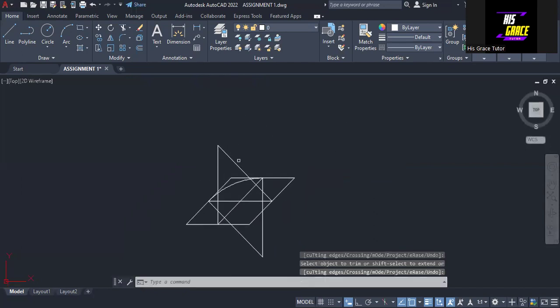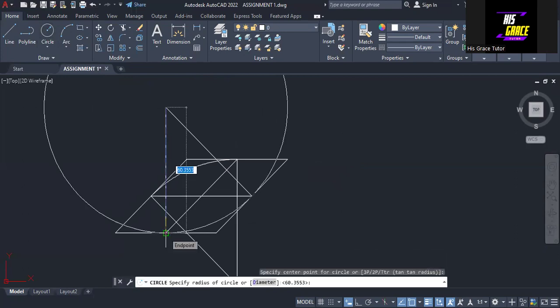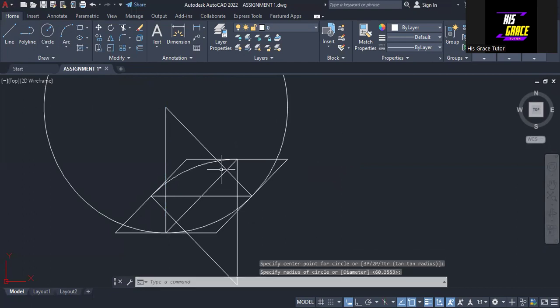So the next one is that we are making use of this point now. We are making use of this point. So what we need to do is to click on circle. So take this point as center and you go like this, okay? You go like this, so coming to this point here, so select this point,